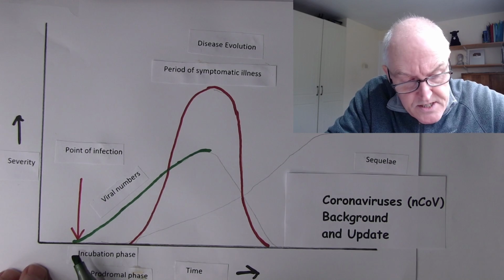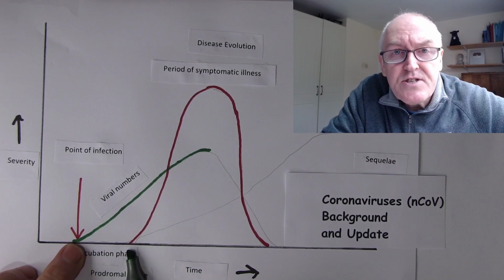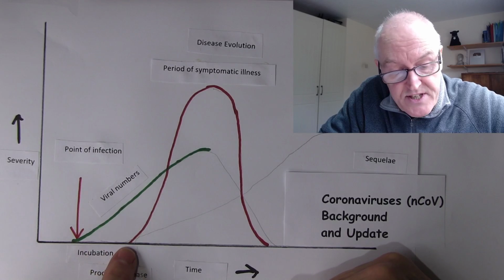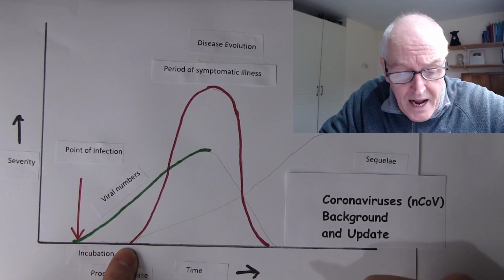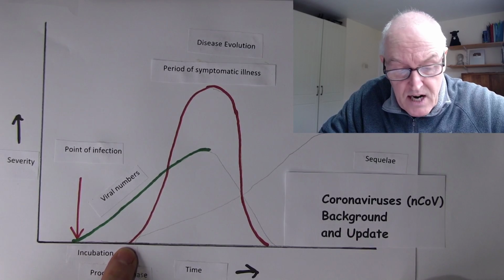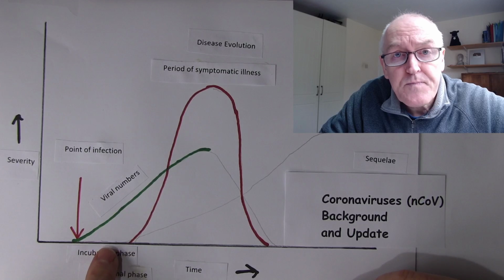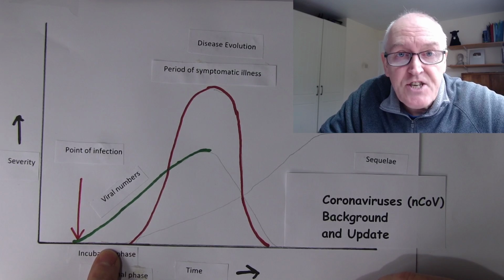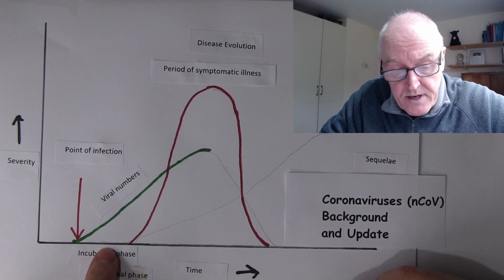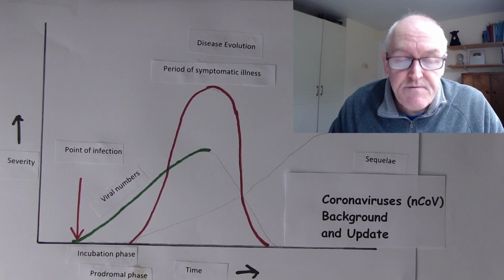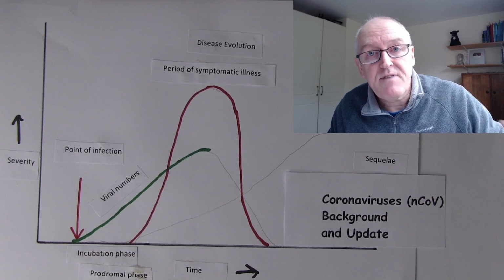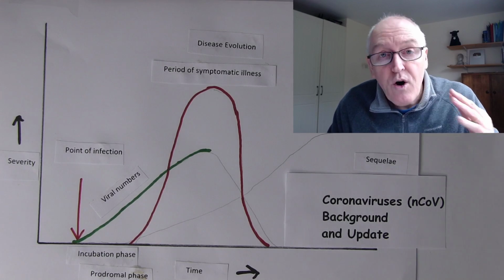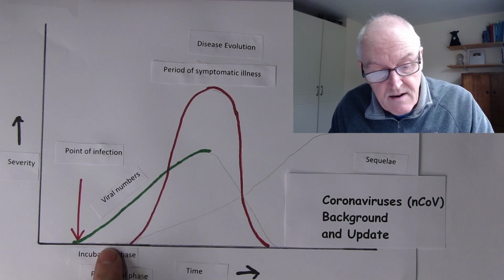So what this means is there's a time from there to there when the person is incubating the illness. They're not yet sick, but they have the virus. They are incubating it. Now, what happens very often is the person will start shedding viral particles in this period. So with most viral infections, like influenza, for example, the person is going to be infectious in the incubation period. Now, what this means is the person feels fine, but they are infectious and can be infecting other people. So one person can potentially infect several other people before they even feel ill in the incubation phase of the condition.